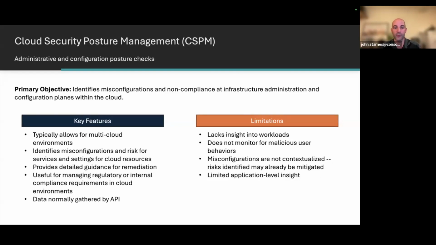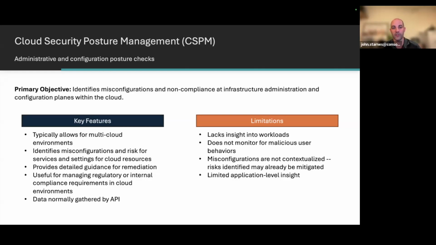From a CSPM perspective, so Cloud Security Posture Management, this was looking more at the misconfigurations or non-compliance of infrastructure or configuration happening for different resources and services in the cloud. A good example of this would be something like an S3 bucket. If I'm an organization that deployed an S3 bucket, but my compliance standard says it has to be encrypted, if I didn't toggle that switch or build that into my infrastructure as code,